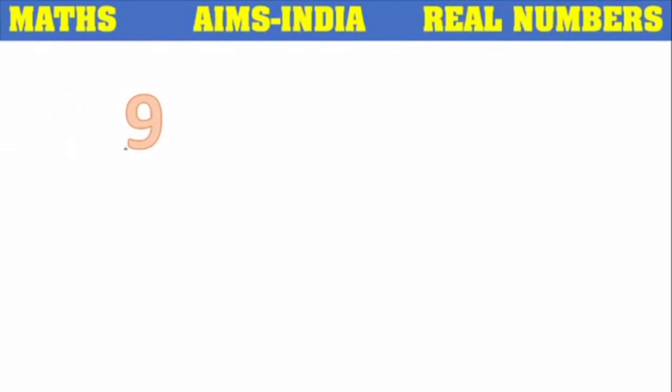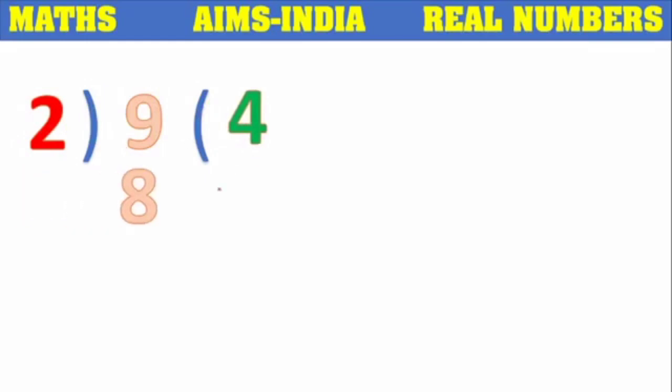Let's consider we have 9 chocolates, and we have to divide them into equal groups consisting of 2 in each group. So we know that 2 fours are 8, and the remainder will be 1. If we are given 9 chocolates and asked to make groups of 2 each, then we can make 4 groups. Still, 1 chocolate will remain. So this is the normal division which we know already.